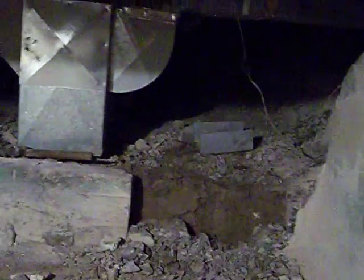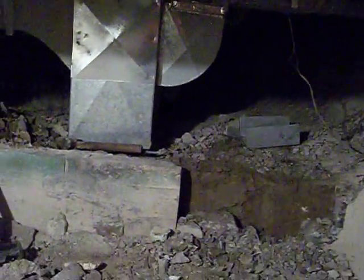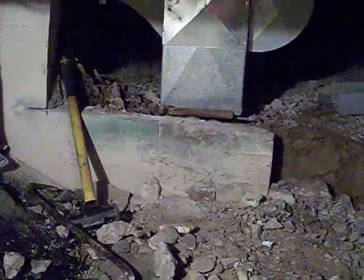Okay, so here's a little project we got going on here. Sorry about the darkness, but we gotta go down in here into the dungeon. I've already done a lot of work. I already had the concrete saws in here. What I'm doing is I'm knocking that wall out there